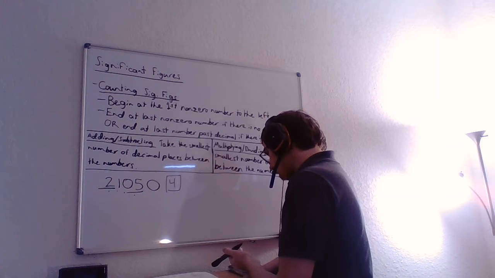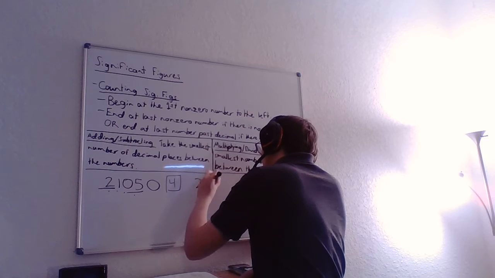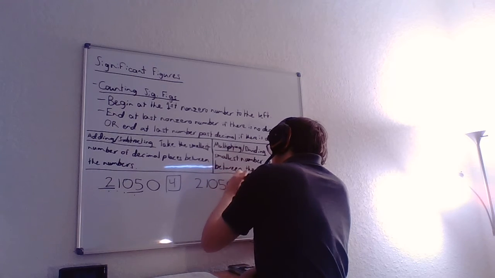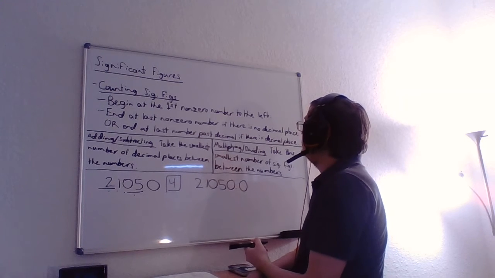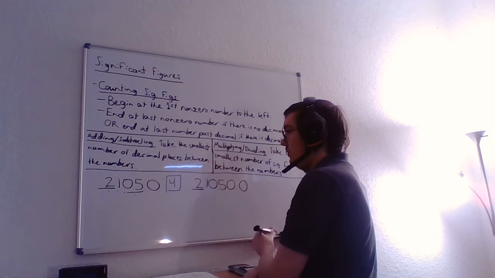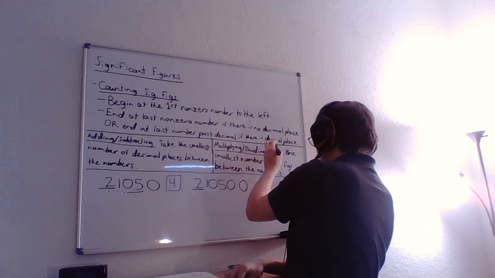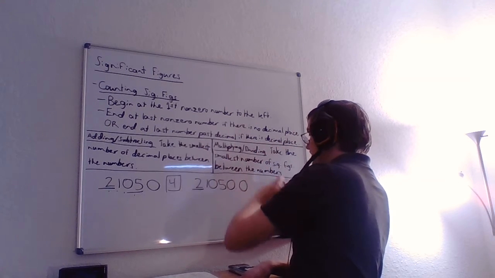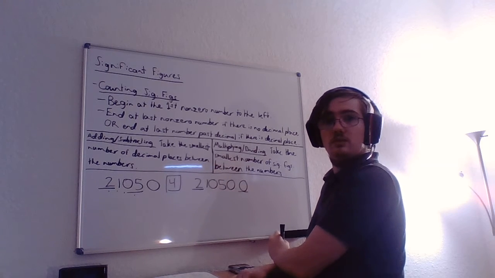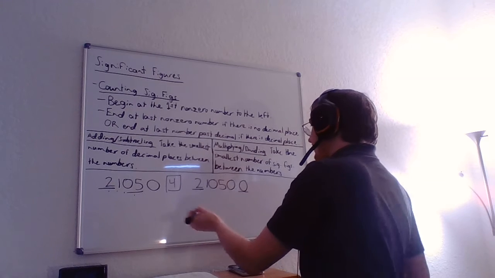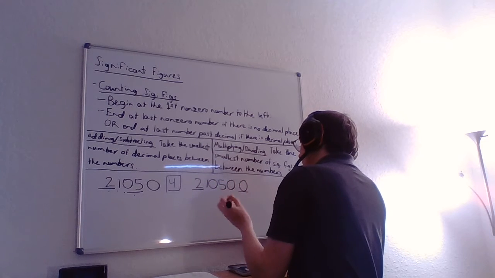Now, let's take the same number, but let's change it up a little bit. Let's say we just added a 0.0 to the end. So, start at the same place, all the way to the left. Now, you realize that because there is a decimal place, we're going to end at the last number right here. That's 0. So, if we count up these numbers now, we end up with 1, 2, 3, 4, 5, 6. Right?